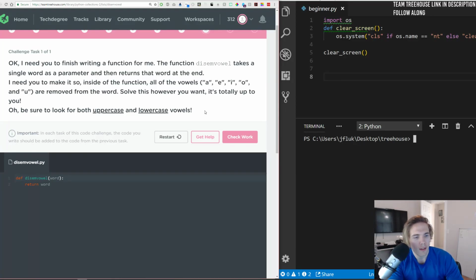Okay, so we do if condition word.upper equals... we need to loop over the word, so we need to extend it. First we'll extend the word to separate out the characters, so we'll do word.extend,